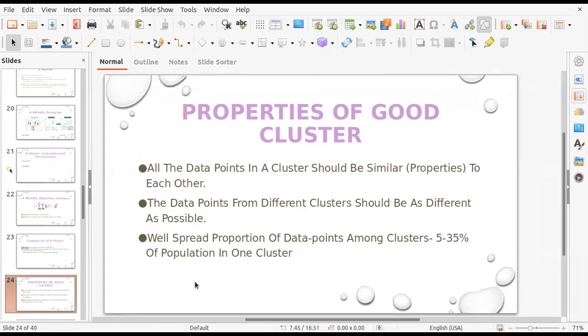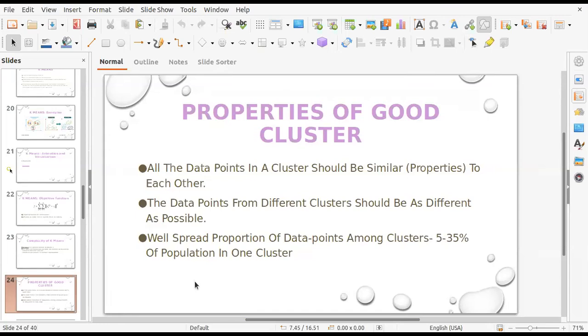And third is a well-spread proportion of data points among the clusters. Whatever number of points you have, if the normal data is available with you, then the distribution must be very proper.